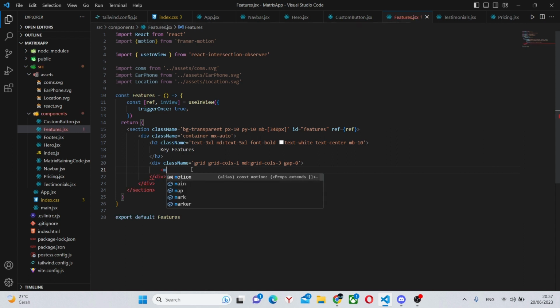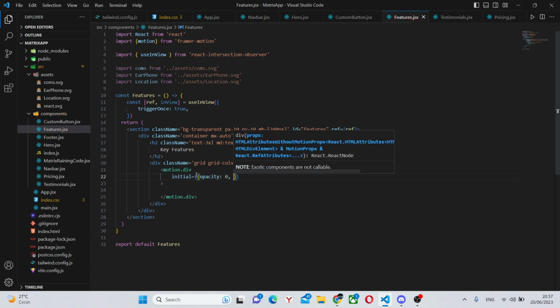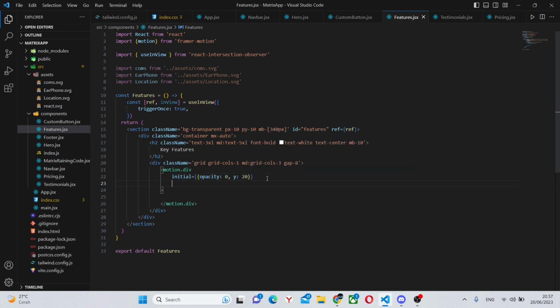And in here, we can actually create the motion.div, the actual elements, and with some animations. First of all, we can have initial equals opacity 0, y 20. Next, we can say animate. This animation is going to be a little different because we'll also have an inView.